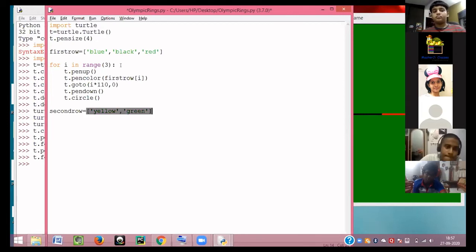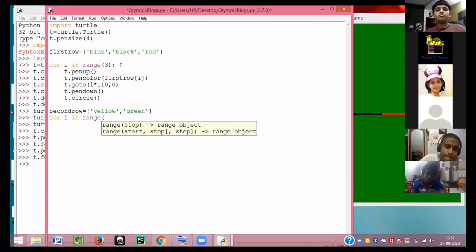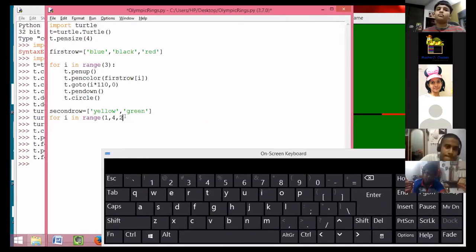So, why aren't the arrows coming? The arrows will come after we complete the entire program and try to run it. Once we complete the entire program, then you will see the output of it. Now I have to run a repeat loop again, for i in range. This time I have to do it only 2 times, but I give the range in a separate manner. You'll know the reason of this later on. Don't worry.